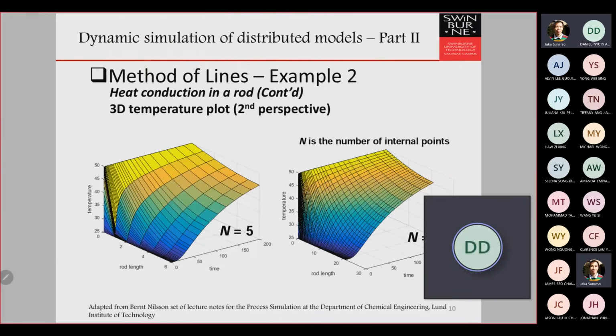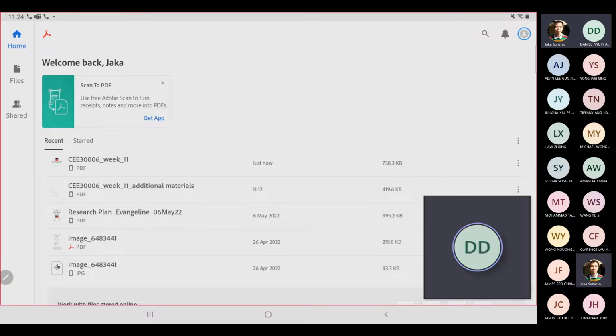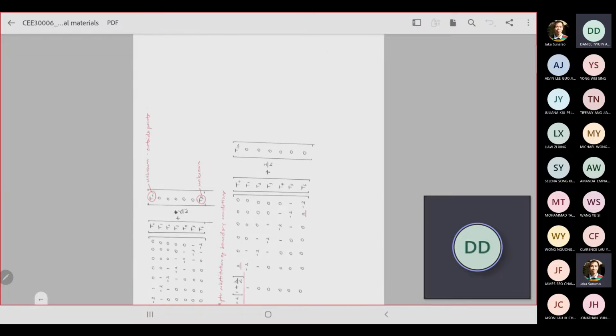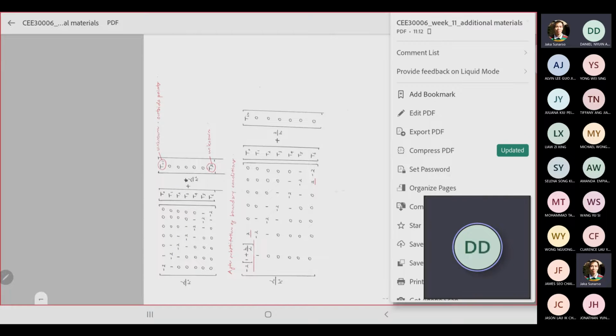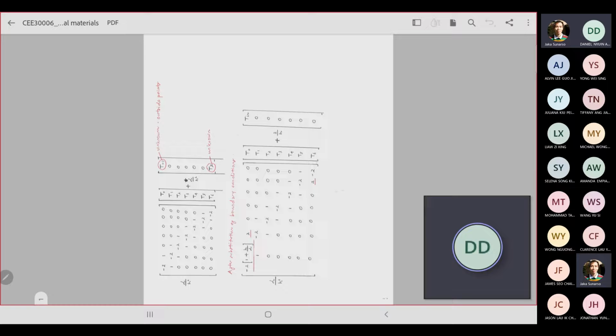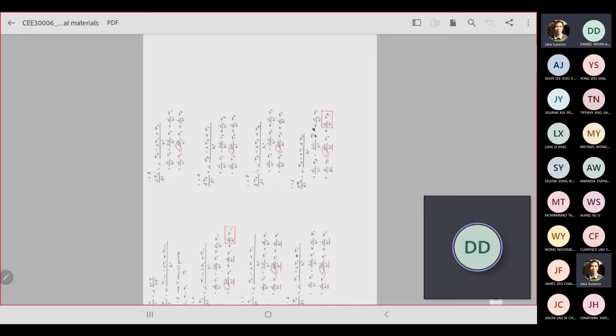And then if I go out from here, what I give in the week 11 additional materials is basically these things in here, right? Is it possible to rotate these things or not? I'm not too good with this tab. How to rotate these things? I'm not too sure how to rotate, but this additional material is basically giving you